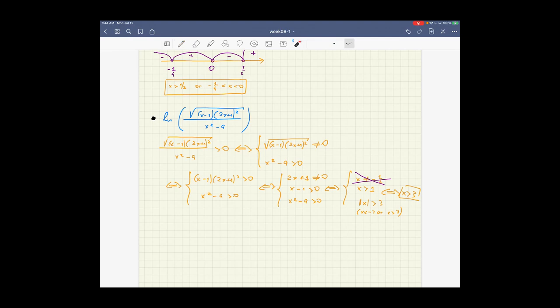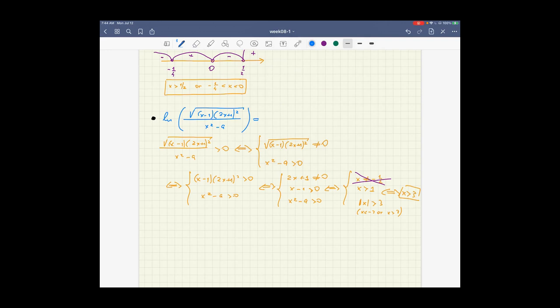X greater than 3 will imply the previous system. Definitely x is not negative 1/2 then. Definitely x is greater than 1 if it's greater than 3. And certainly x squared minus 9 will be greater than 0 if x is greater than 3. So with this only simple restriction, we can now apply the